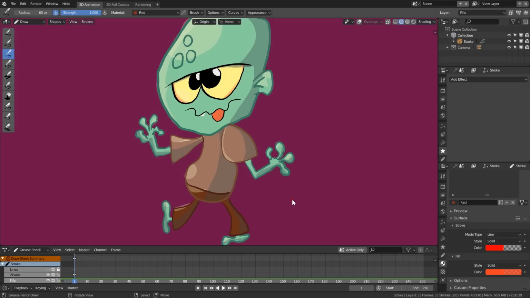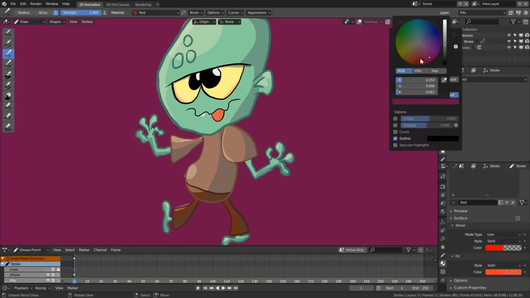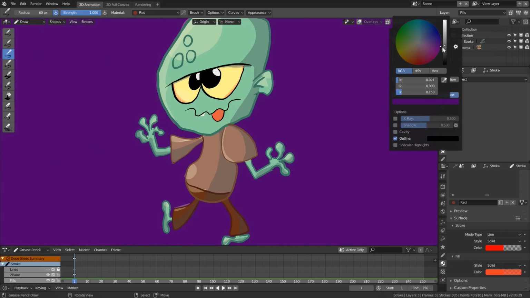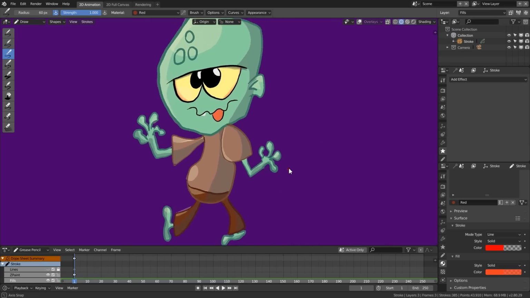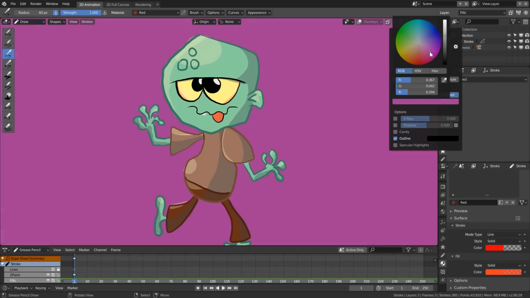Yeah, there is your completed zombie character. I hope you guys had fun with this tutorial. I did, and I had definitely a lot of fun playing around with the grease pencil in Blender 2.8. But that's going to kind of do it for me, guys. I hope you've had some fun following along